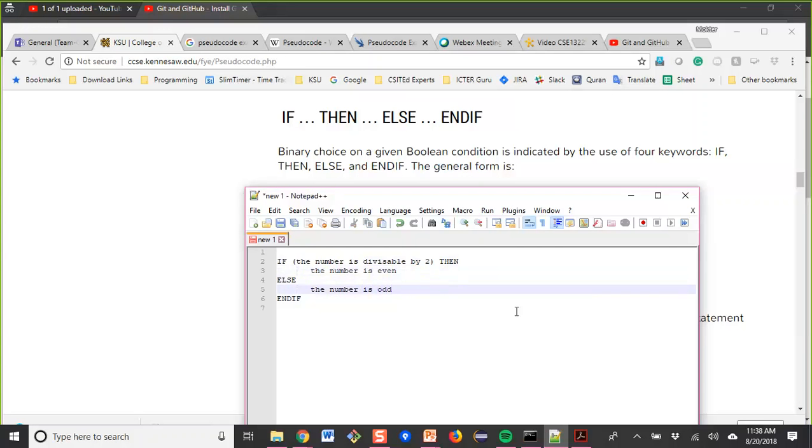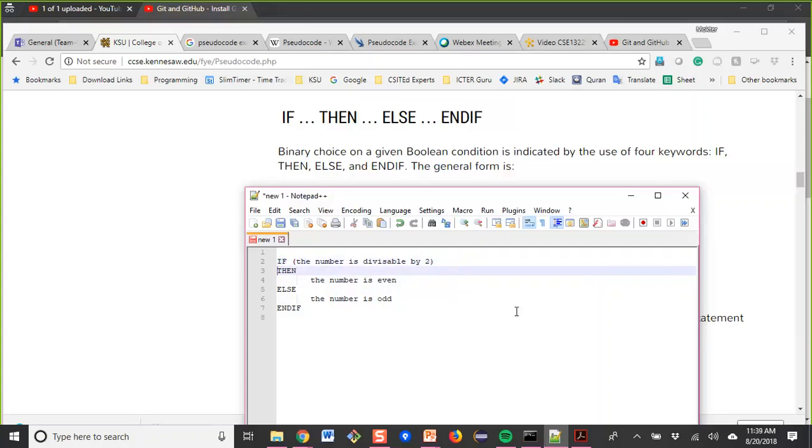We understand it, right? We know that. So the difference is that when writing pseudocode instead of stating it in plain English, we will write IF all in uppercase. This is the reserved word or keyword. Then after it we give the condition, preferably within parentheses. Then we put THEN, all in uppercase.